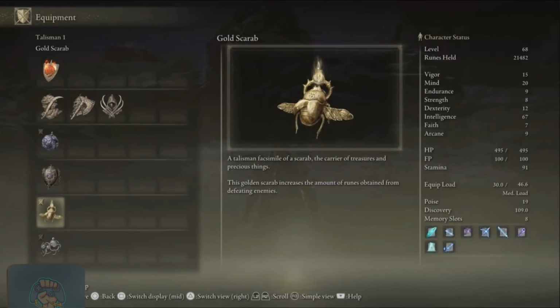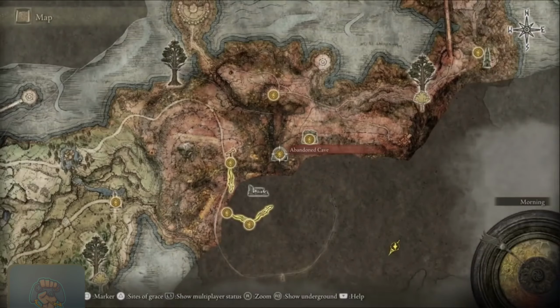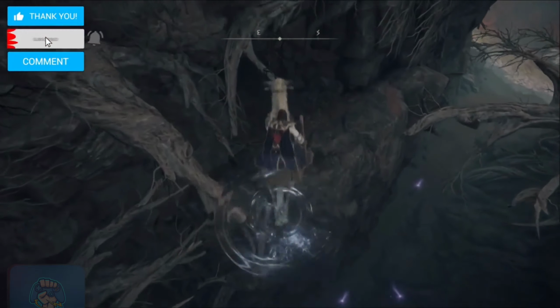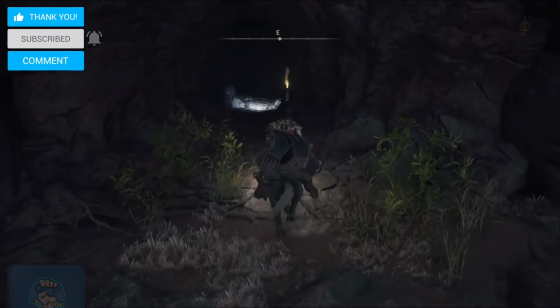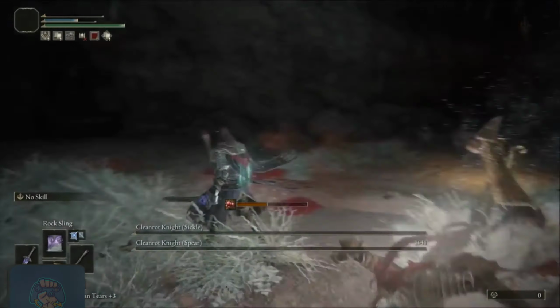First up, pretty quickly, the Golden Scarab is a talisman that gives you around 20% extra souls, so it's great for any kind of farm like this. You can find it here on the map by jumping down this cliff into the cave, running all the way through the cave to the boss room, and beating them will give you this talisman. It's a little bit tricky and isn't the easiest thing to do, but if you do plan to farm efficiently,